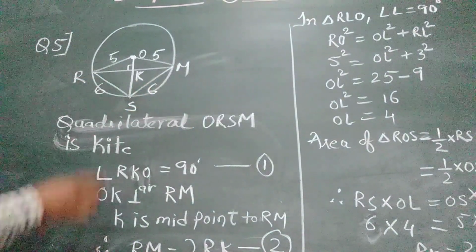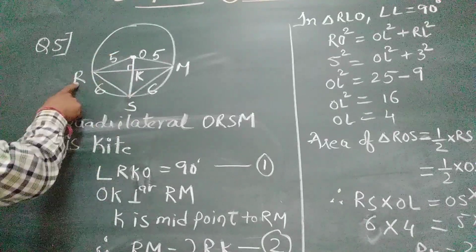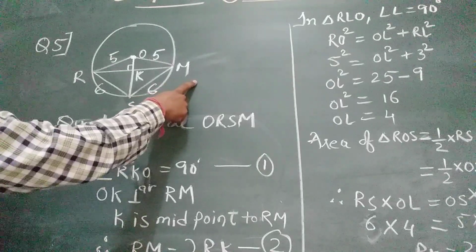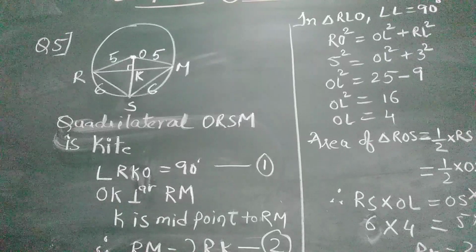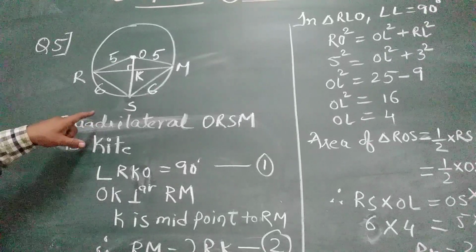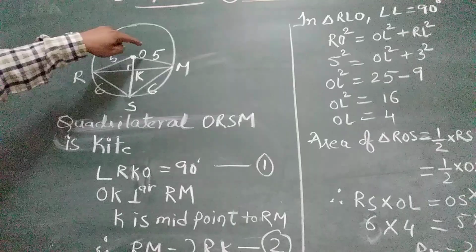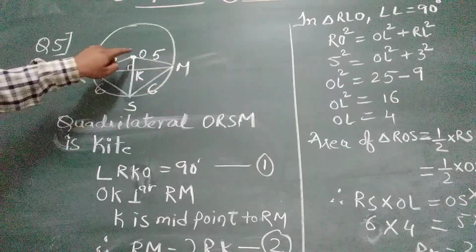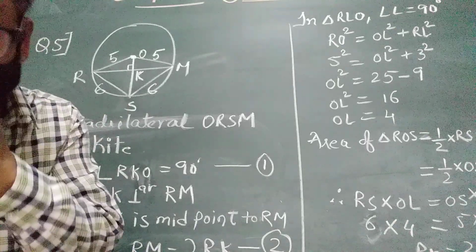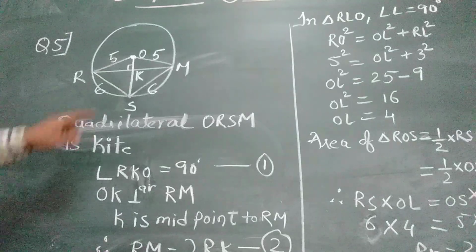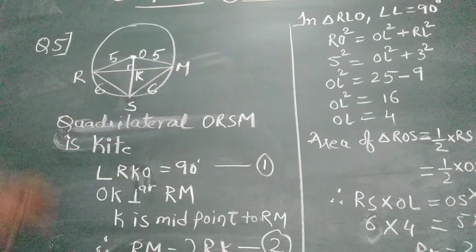As per the given figure, you can see here O is the center of the circle. This is Reshma, Salma and Mandeep. We have to find the distance between Reshma and Mandeep. Now see here, OR is equal to OM is equal to OS. Why are they equal to each other? Because they are the radii of the circle. So we can say that RS and SM are 6 meter, which is given.